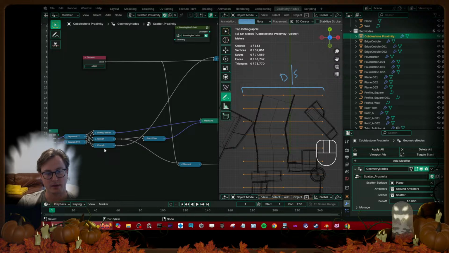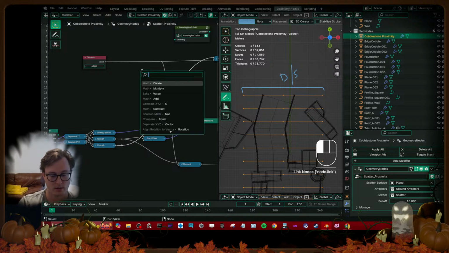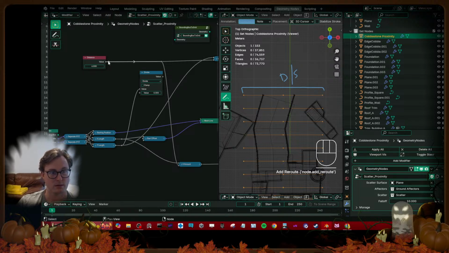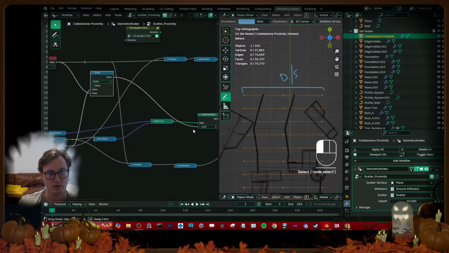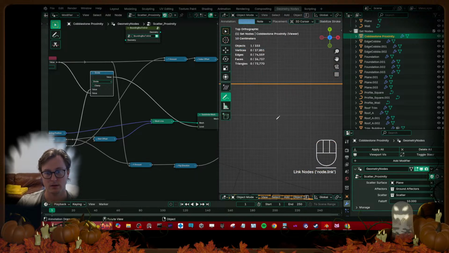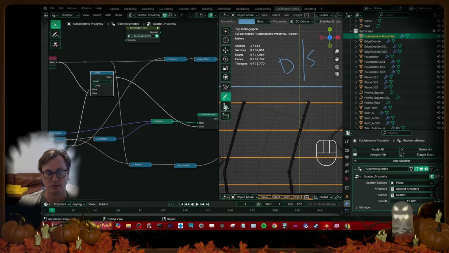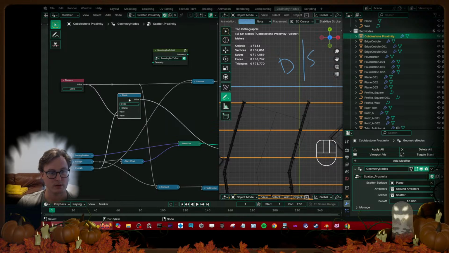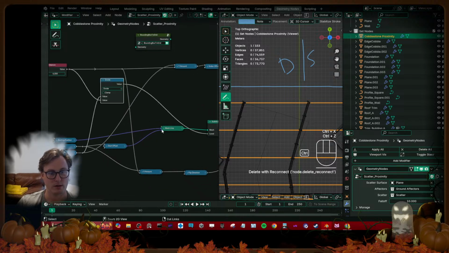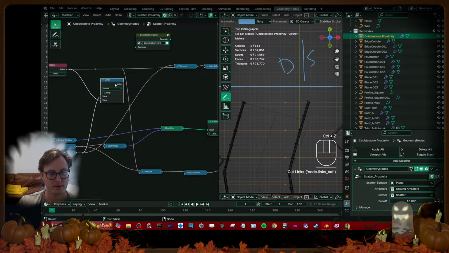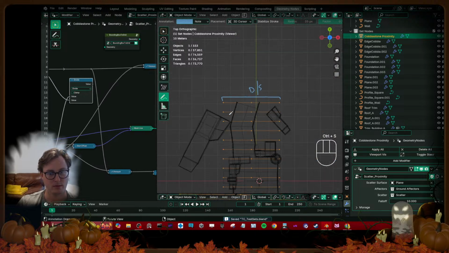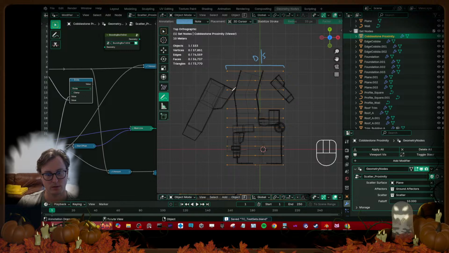Oh, and that's the length. I need the Y length. By that, it's too dense. What is the dealio? I know how many times